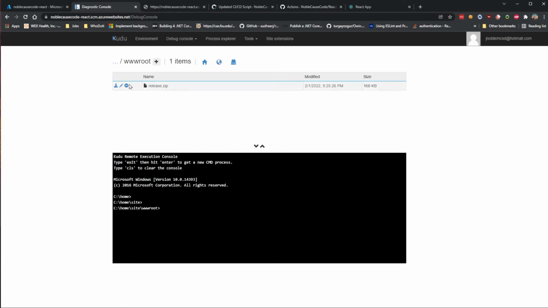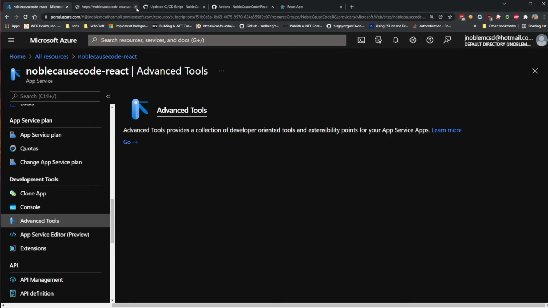So I must have missed something in the deployment because the zip file is here and it should be unzipped and the actual file should be there. So while I could at this command prompt probably unzip that file and show you that it works, I want this whole process to work. So I'm just going to delete the release.zip here. So it's not even there anymore. And I'm going to close these tools, and I'm going to go back to